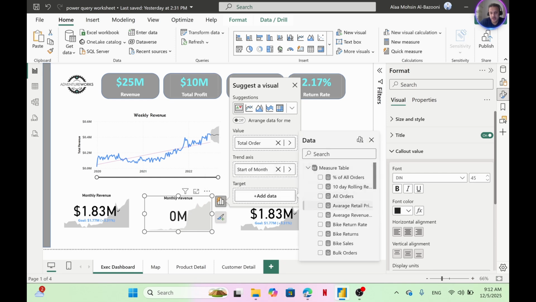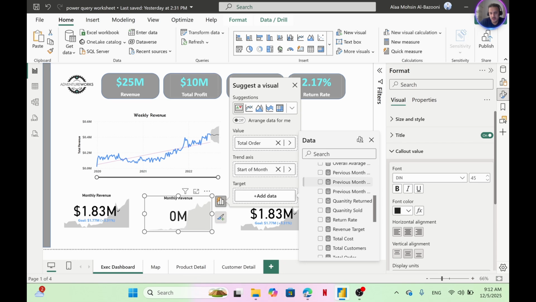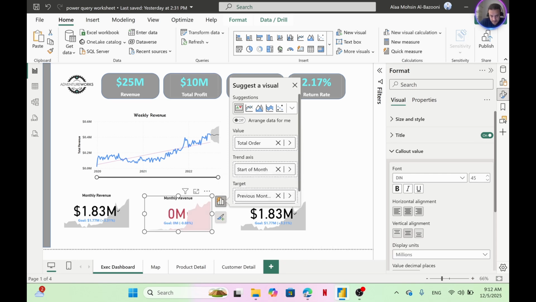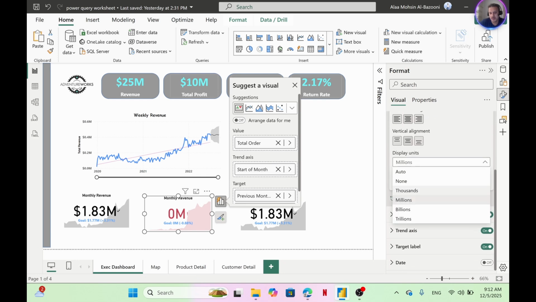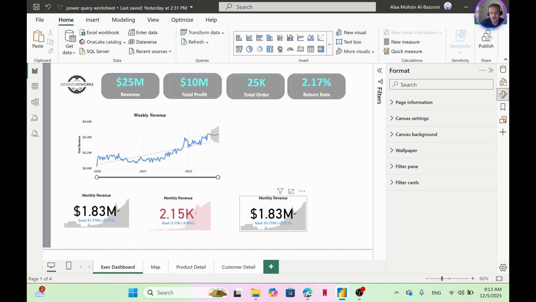From measure, I have previous month orders, previous month revenue, and previous month orders. We got 0 million because we have to change the unit from millions. We're going to keep it 1,000, so you have 2.1k. And also we're going to change